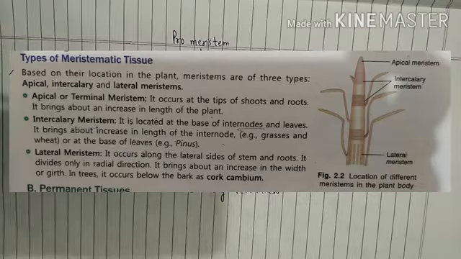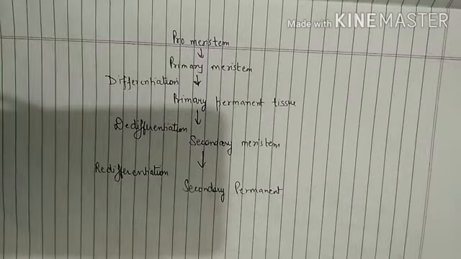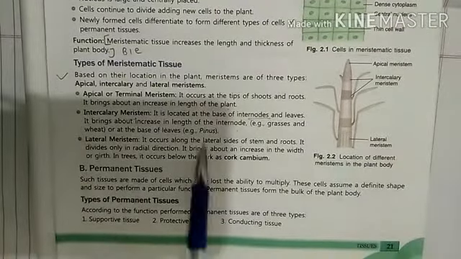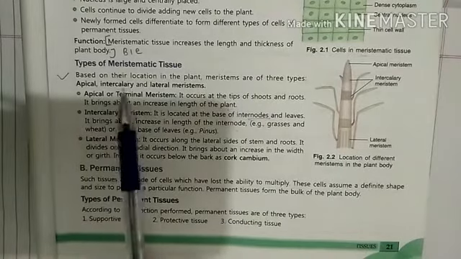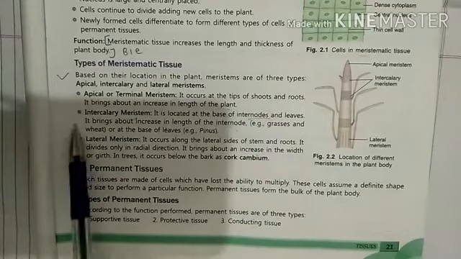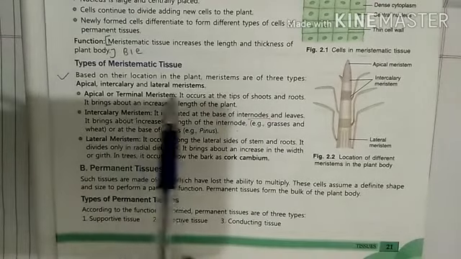Then intercalary meristem. Intercalary meristem, it is present at the base of internodes and they also cause increase in length of the internode. Lateral meristem, it brings about increase in width of plant and it is present on the lateral side. So you are observing here, according to the location in the plant, the meristem is of three types, that is apical meristem, intercalary meristem and